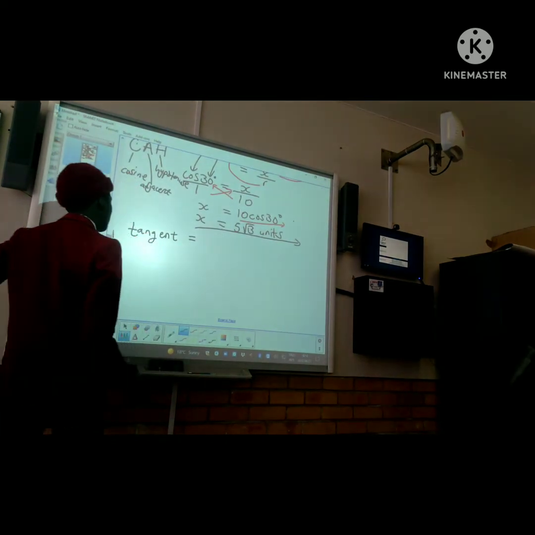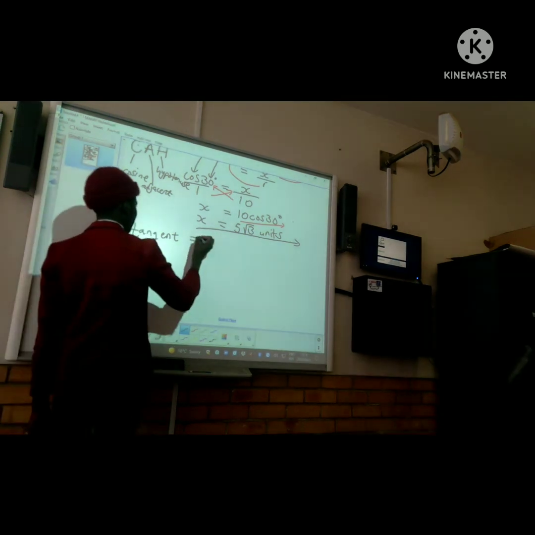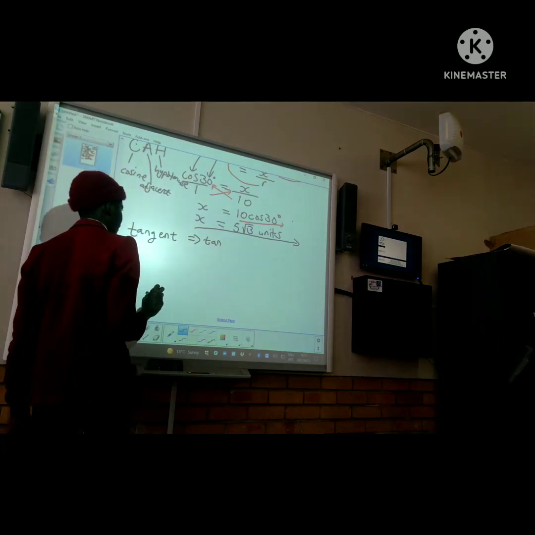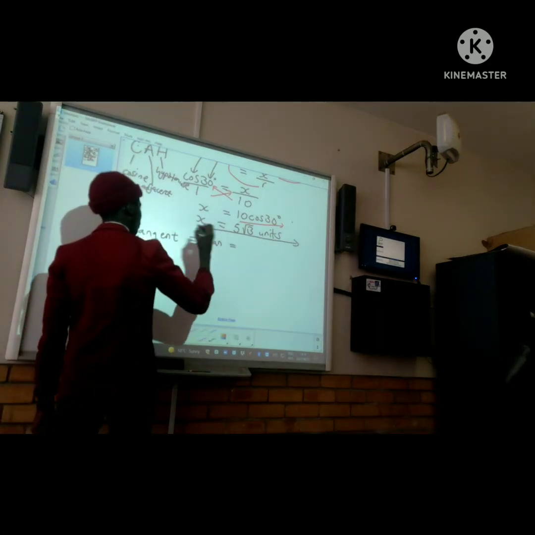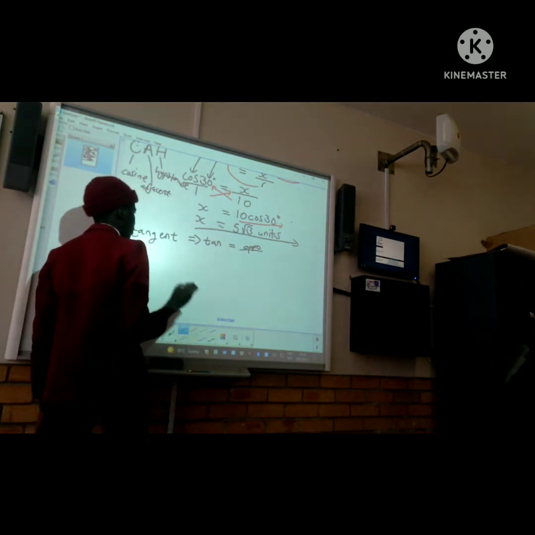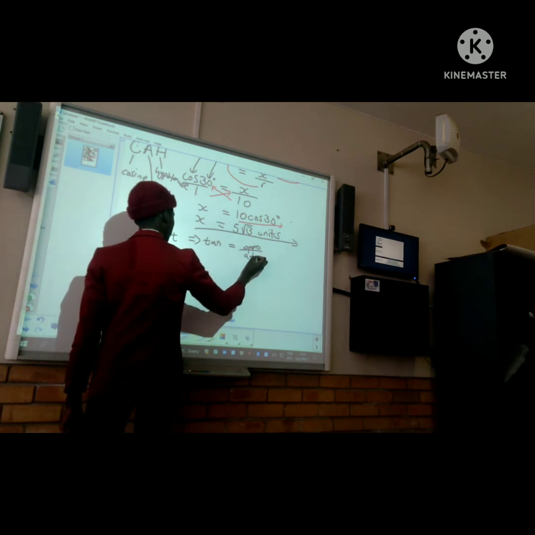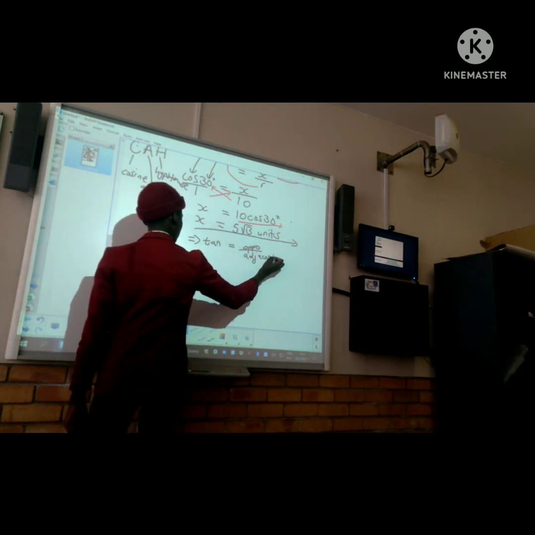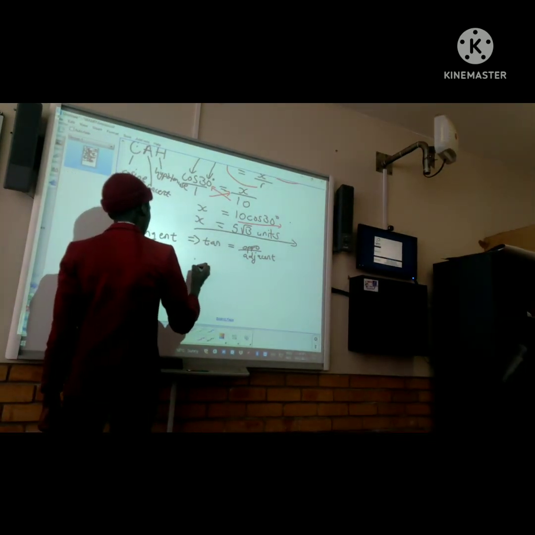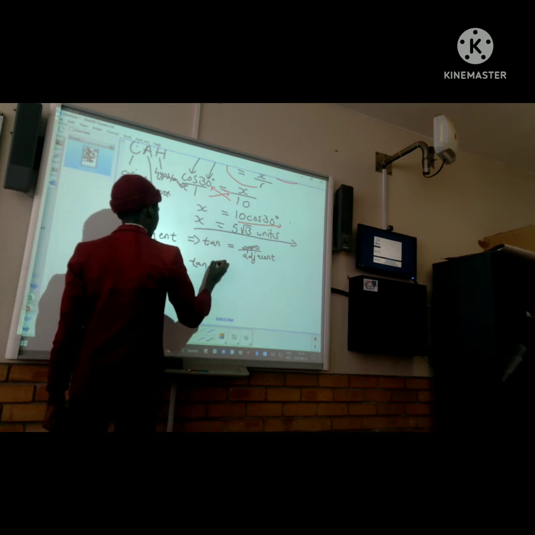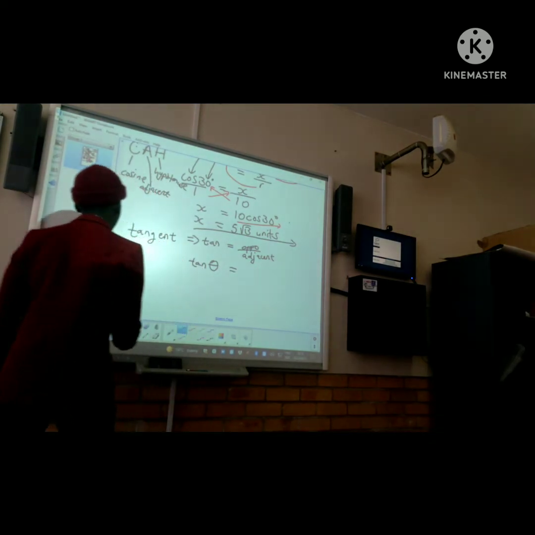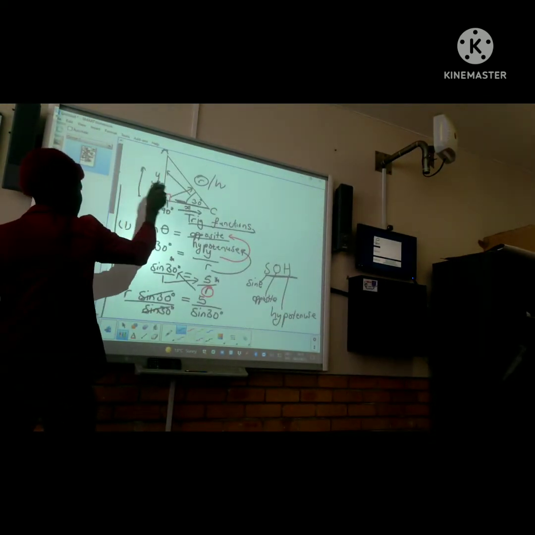The tangent is shortly written as tan. When you're writing it, it's just tan of an angle, right? So tan of an angle is equal to the opposite side of that angle over the adjacent side of that angle. So let's go back to that triangle and see what is the opposite. So you write tan of an angle theta, right, is equal to, let's go back to that triangle, and then